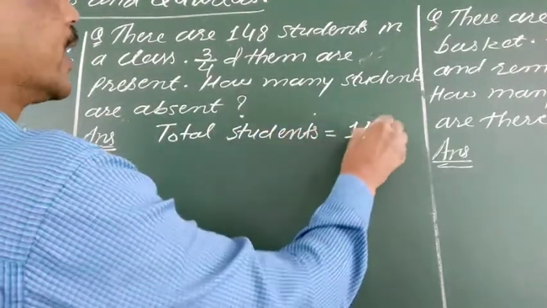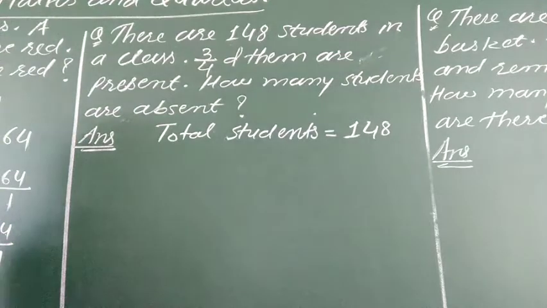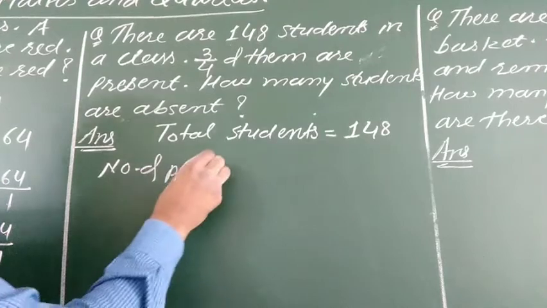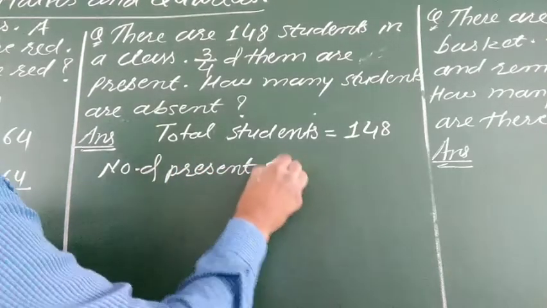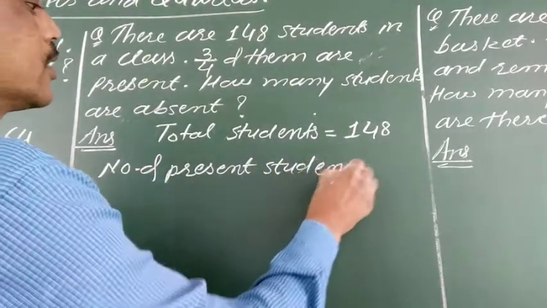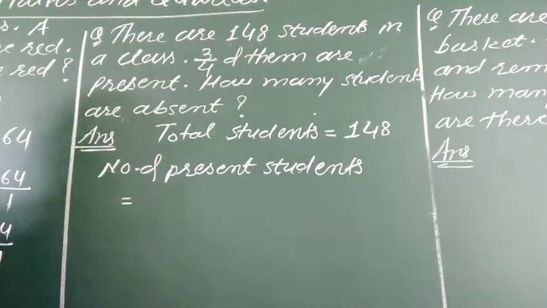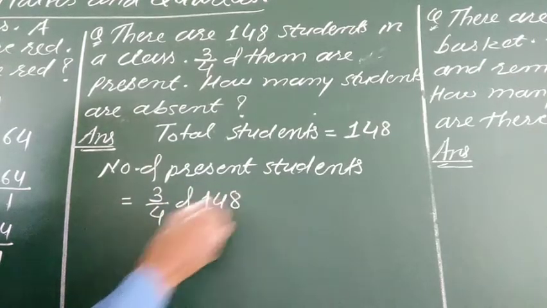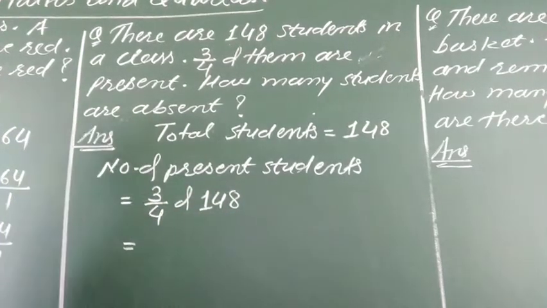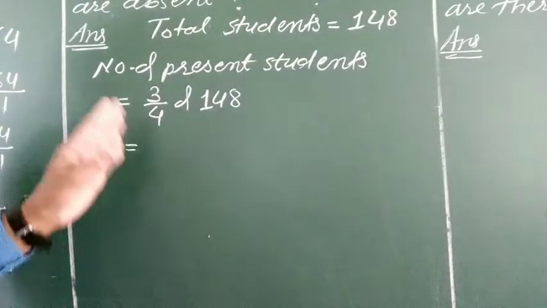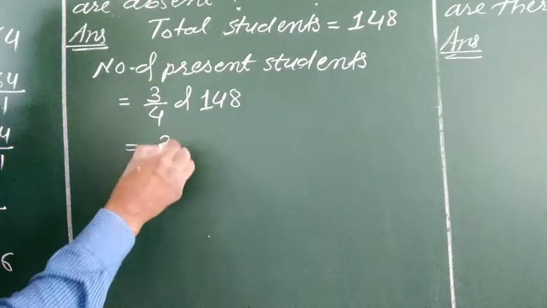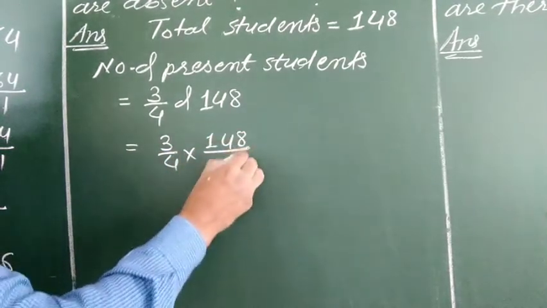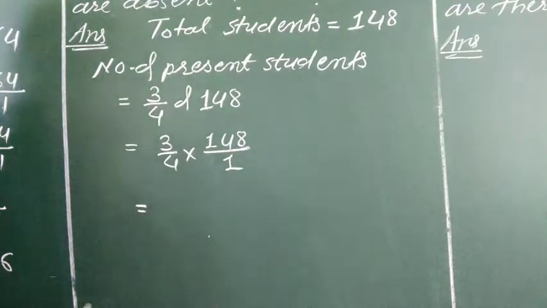is equal to 148। अभी number of present, number of present students कितना बेटा यहां पर? It is 3/4 of 148। 3/4 of 148। तो first of all what we have to do? We have to find out this 3/4। आइए 3/4 into it is 148/1।